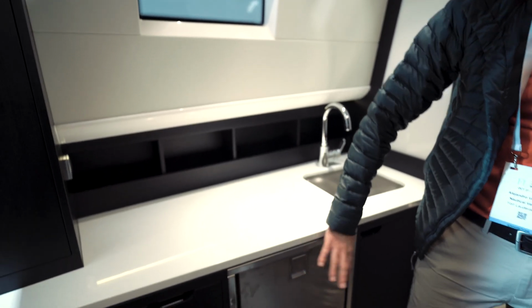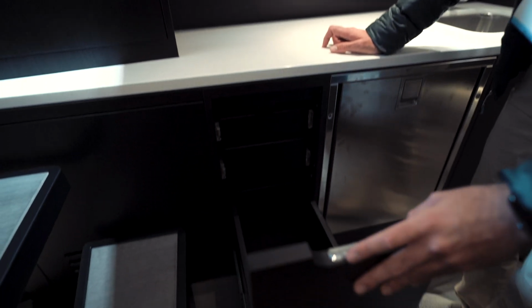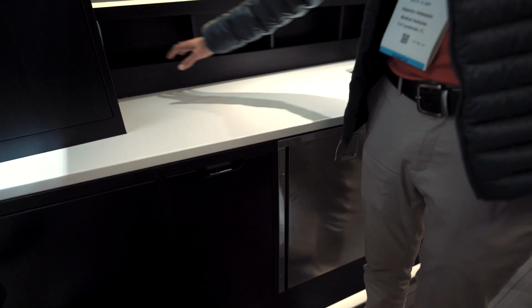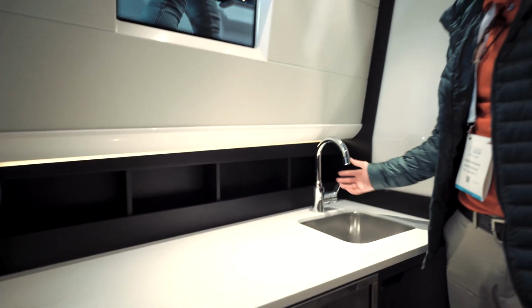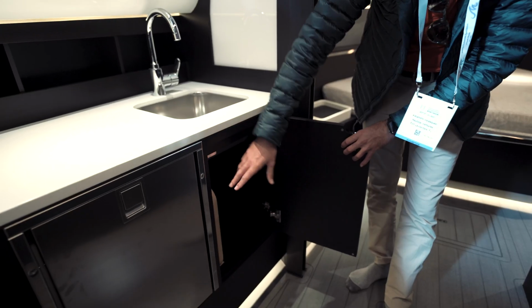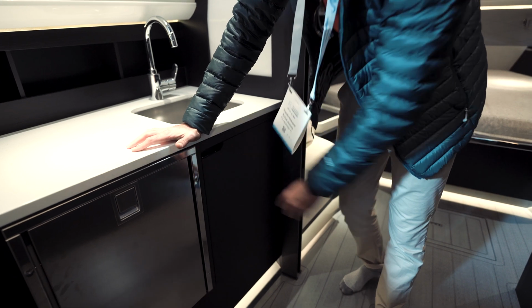You have a refrigerator down below as well, so you have a total of 2 refrigerators. Over here, we have another trash can compartment and storage if you need. You have nice storage points behind the countertop, beautiful sink as well. Then down below, you have 2 nice Windy custom cutting boards. So we close off